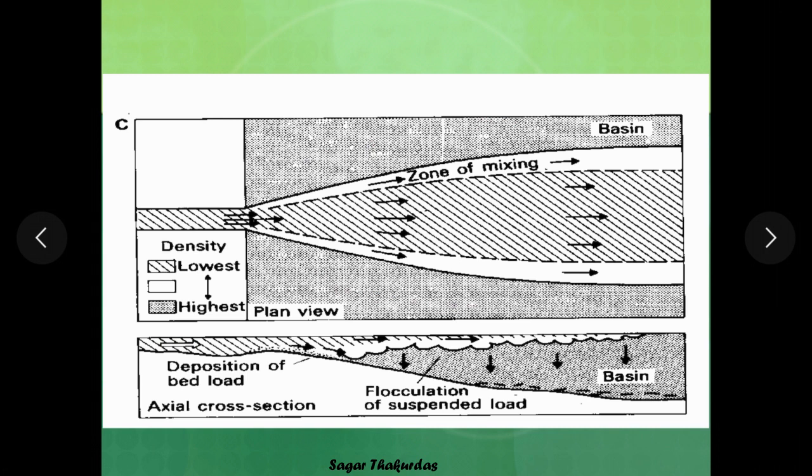The river water being fresh, it is less dense compared to the saline water of the ocean, and therefore this fresh water floats on the surface of oceanic water, and it spreads out at a greater length, and then it settles down. You can see here it is shown in the diagram in the cross section below, the settling of fine sediments. Therefore you get to see a high constructive river dominated or bird foot delta here when the flow is hypopycnal.